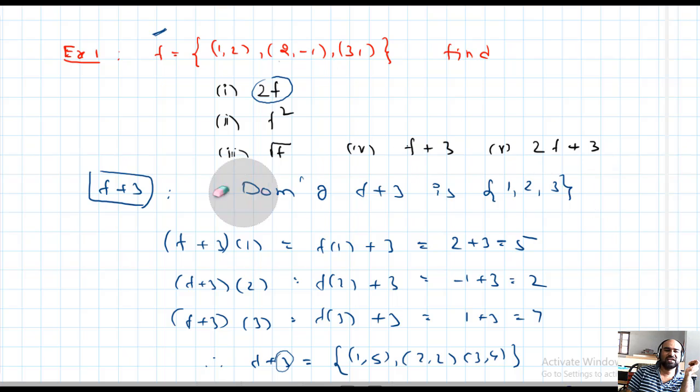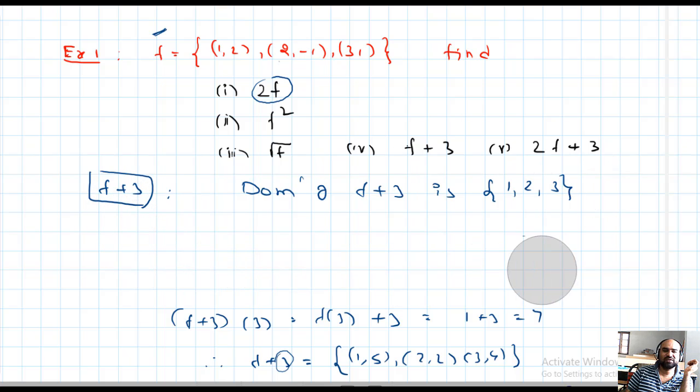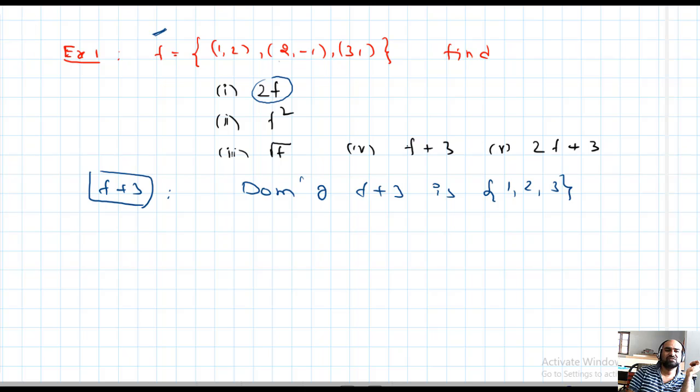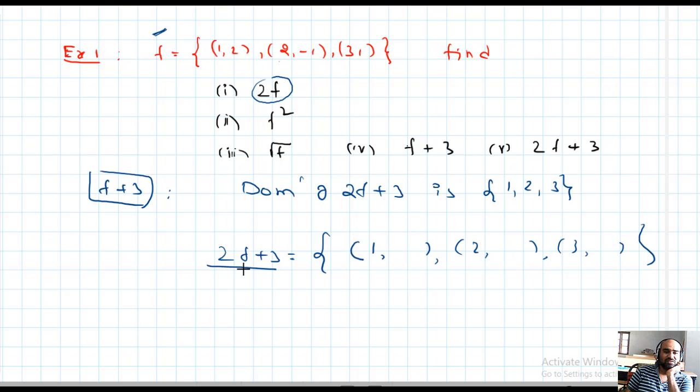So for 2f plus 3 directly I will write the answer. I don't want to waste my time. They are easy only, no? 2f plus 3 equal to, domain is same, 1 comma something, 2 comma something, 3 comma something. What is something? 2 into this range, 2 times 2 plus 3, 7. Then 2 times minus 1 plus 3, 1. Yeah, 2 times 1 plus 3, 5. So this is the 2f plus 3, or theoretically also you can find 2f plus